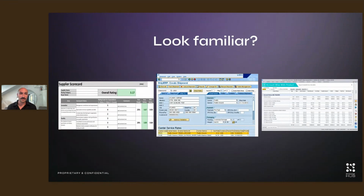Here's the fact. This is where everybody's stuck today. It's hard to get any value out of your supplier relationships if your supplier relationship management looks like this. Excel hell spread out in various spreadsheets on local servers, SharePoints. It's very tough to be able to drive any type of collaboration or innovation. If you're having struggles to be able to drive it internally, it's very difficult to drive it with external parties as well. And this is some of the kind of pitfalls